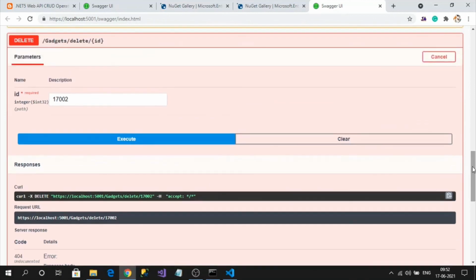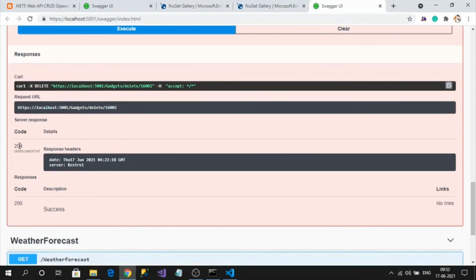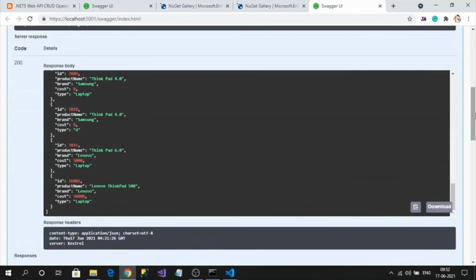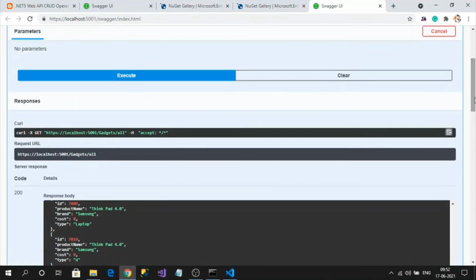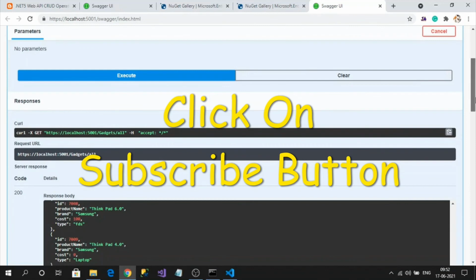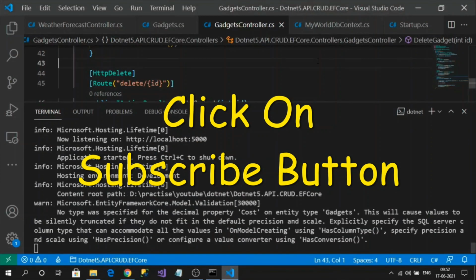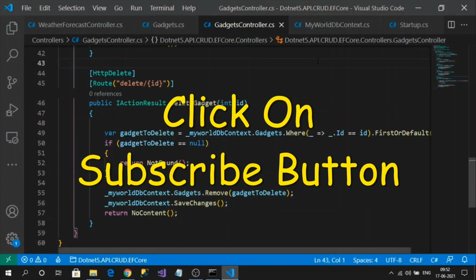Now let's give the appropriate ID. See, now I got 204. That means successfully deleted. To test that, this record must not exist when I request my get request again. So let's see. See, 7000 is the last record, 1600 is gone. So that means my delete operation is also successfully implemented.